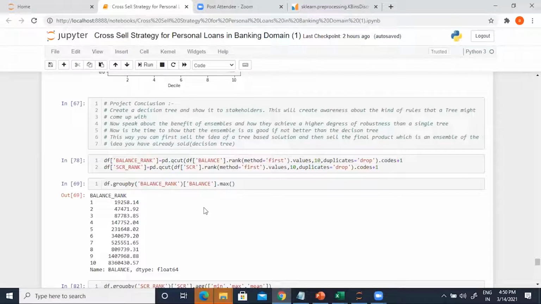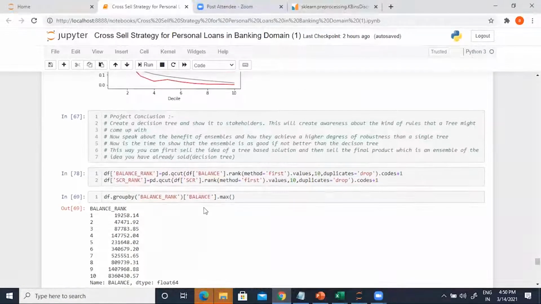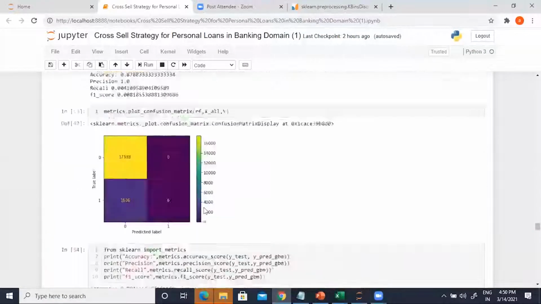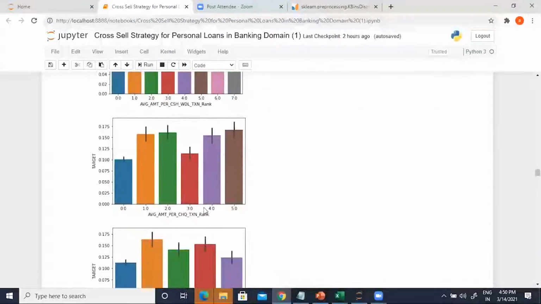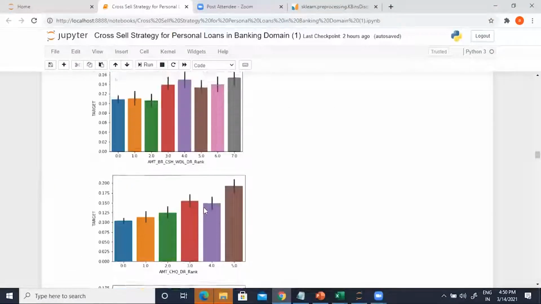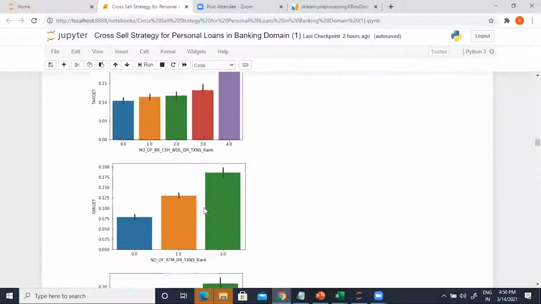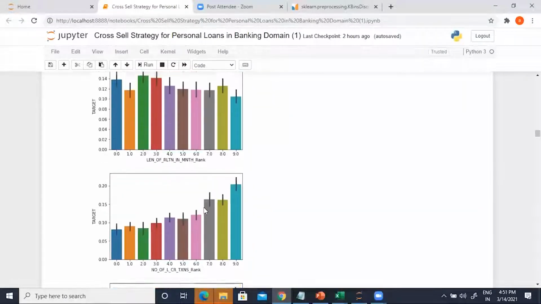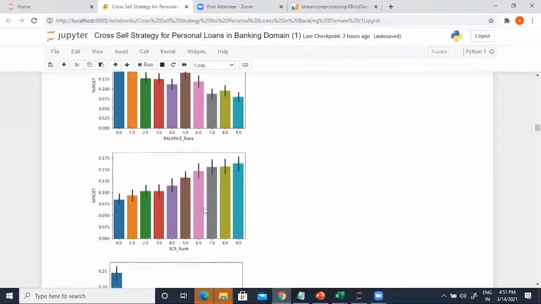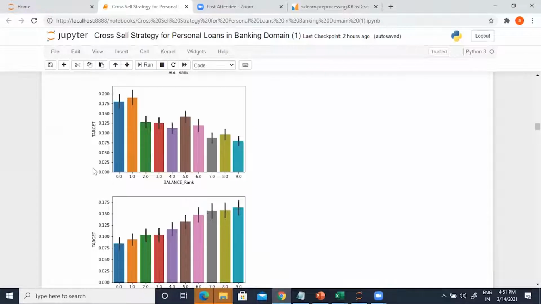Okay, but before I do this, let me scroll up to remind you of one more thing. See, in the bivariate analysis that you did a few minutes back, in this graph, what do you see? If balance increases, the chance of response goes down, correct?